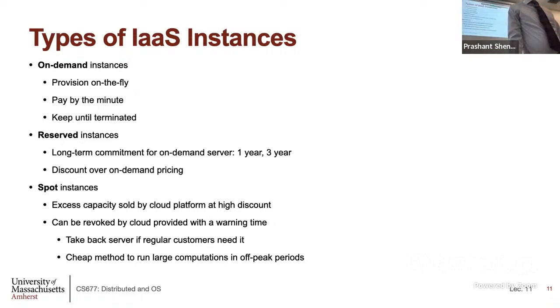So something called reserved instances. Reserved instances require you to have either a 1 year or a 3-year contract. Okay? It's almost like cell companies, right? You can either have a contract for your cell service or you have pay as you go, no contract, right? Same kind of thing here. So if you make a commitment, you get a discount. Right? So if you make a 3-year commitment, the prices will be 60% of what I showed you on the previous slide, which was the on-demand price.